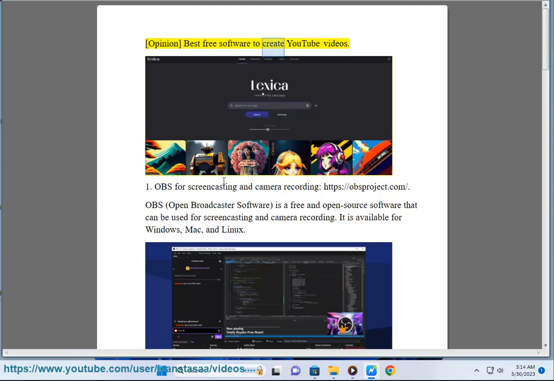The best free software to create YouTube videos. 1. OBS for screencasting and camera recording,